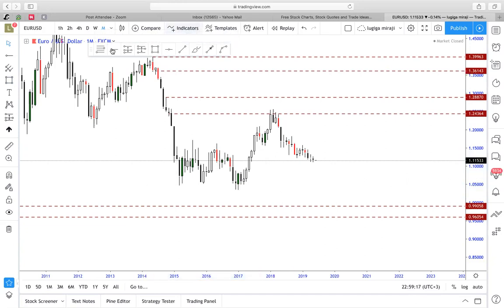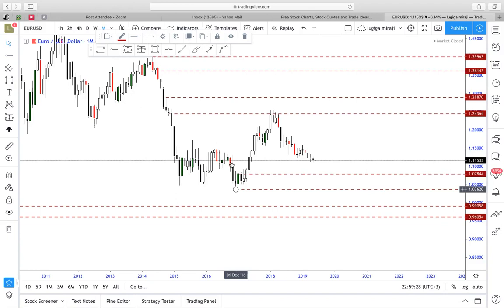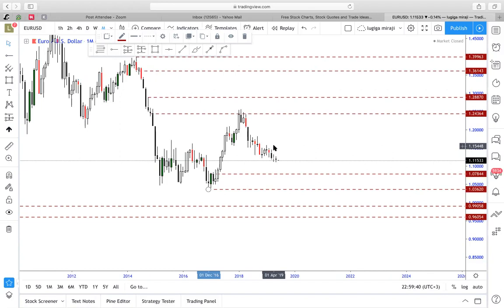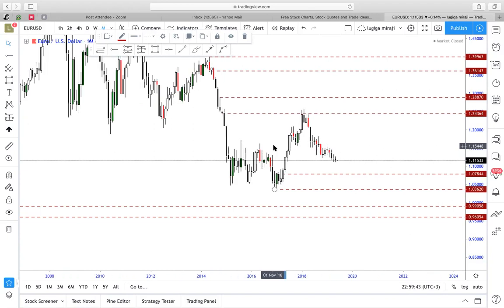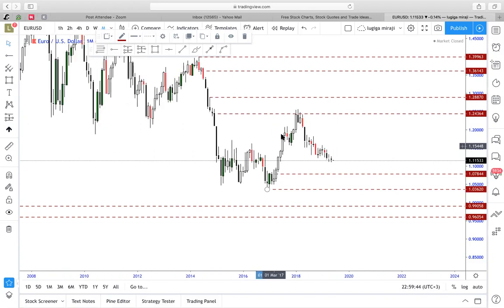So I will mark this level here. I will mark this level here. This level I will mark as the whole level here, like this. Because the price was dropping, first candle dropping, the second candle dropping, and then we had a consolidation, and then price rose up. So you can see I have already managed to mark all the levels, but recently we